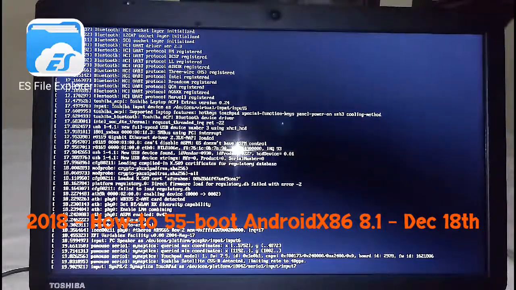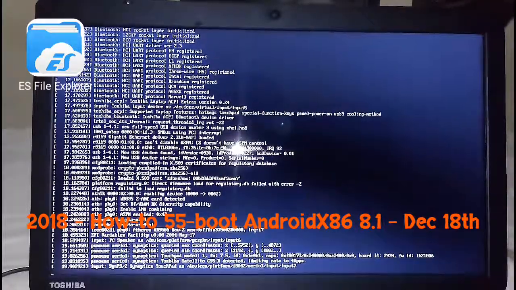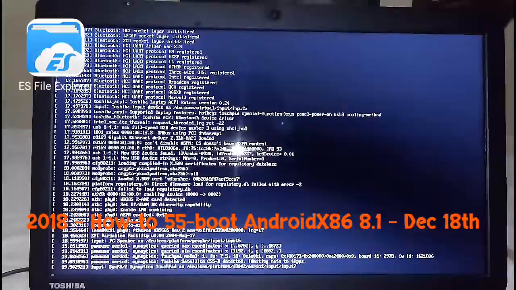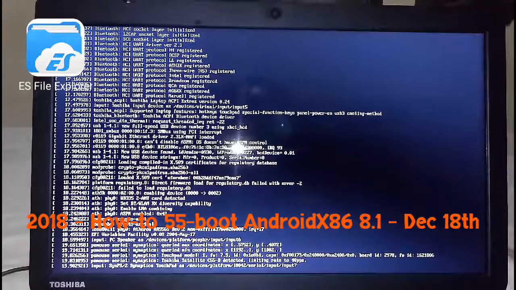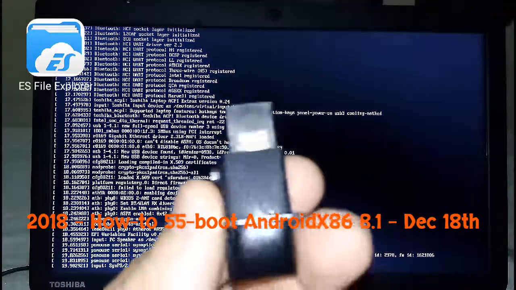So you see how quick the installation is? This is the number 55 operating system I have installed on this Toshiba laptop. I have had this laptop since 2014. It has a dual-core Intel Celeron processor, and I also have Android x86 on this